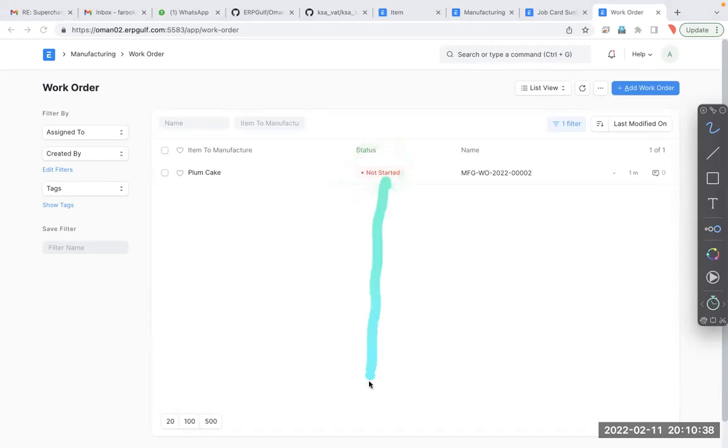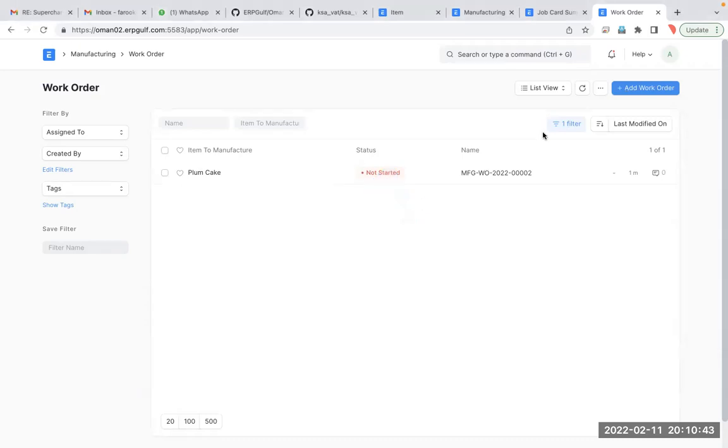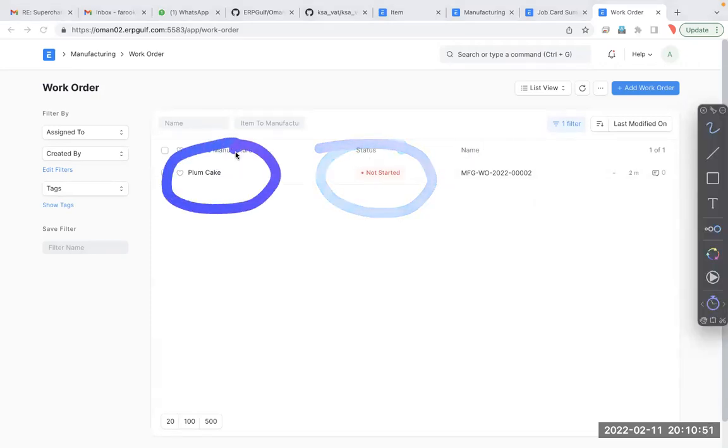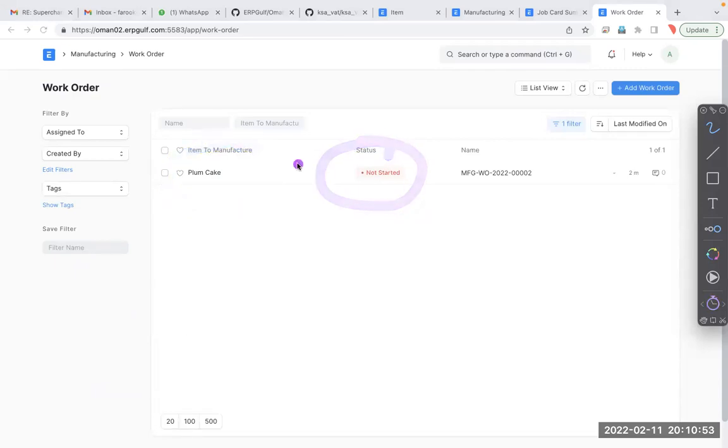Normally, there are so many orders here. One order we may have tested here, so you can get it. I mean, you can filter it, but here, let's say we have not started making it. Now